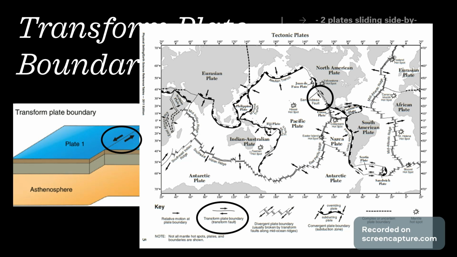So what I have for you here is I circled the San Andreas Fault in California. We have these markers going side by side, showing us that we have a transform plate boundary in this location. Here are a couple other transform plate boundaries, and they are found all along the world. We have one found in New Zealand, as well as down near Antarctica, near the